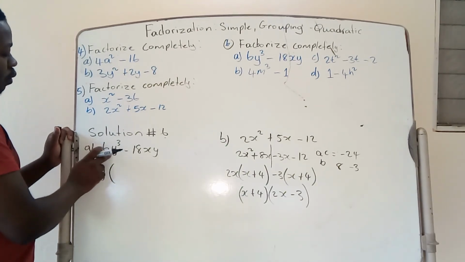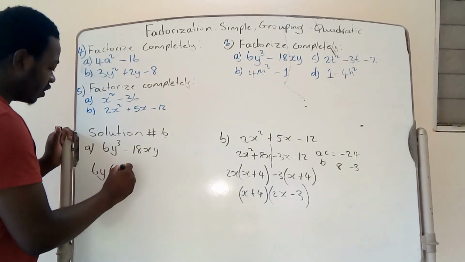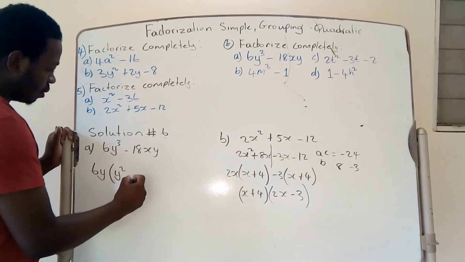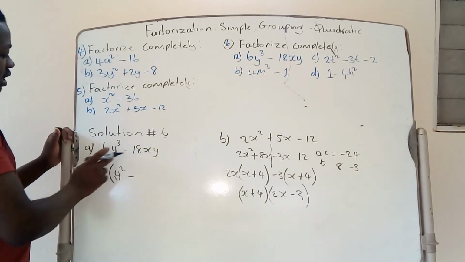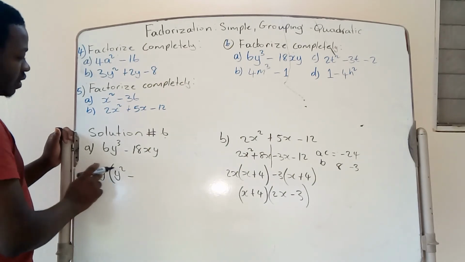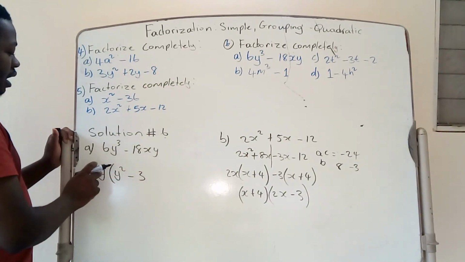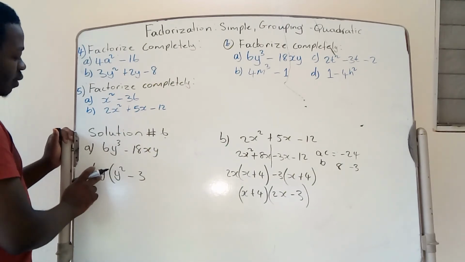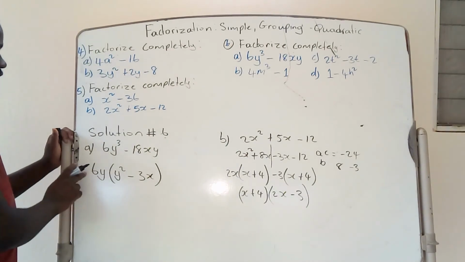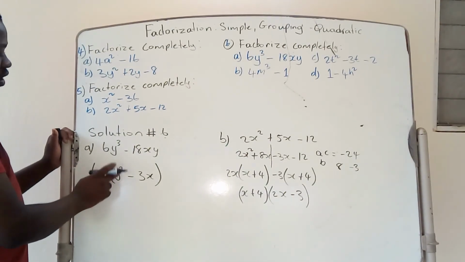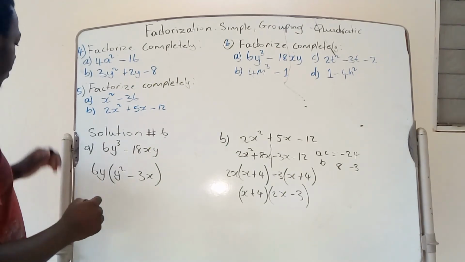So 6y cubed divided by 6y, that leaves us with y squared, minus 18 divided by 6, that leaves us with 3, and xy divided by y, that leaves us with x. So our factor is 6 times y squared minus 3x. Alright? For part B,